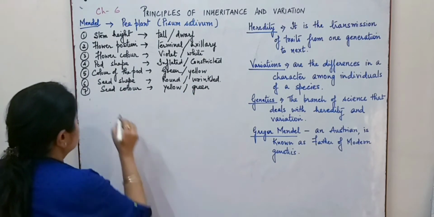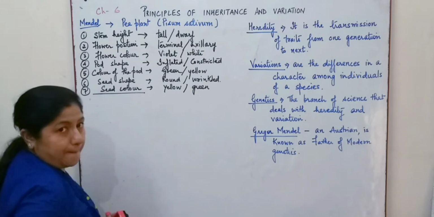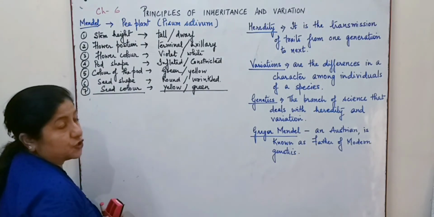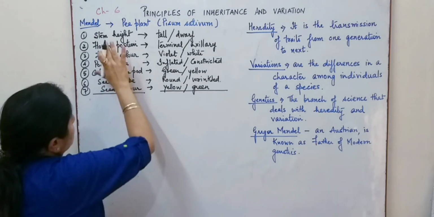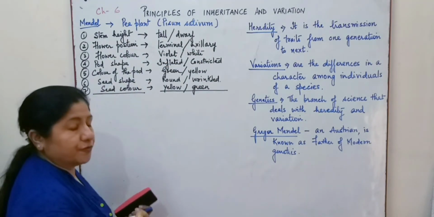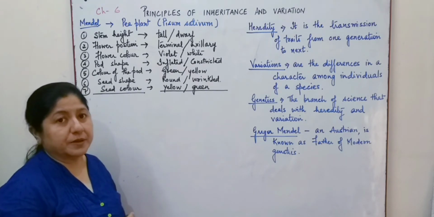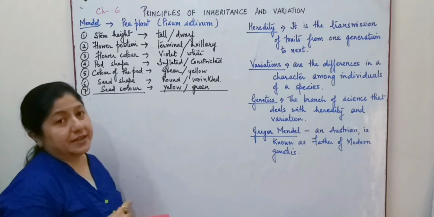Now these were the characters, and these are the contrasting traits which he observed. So he chose this pea plant because of all this, and he performed a series of experiments to understand the inheritance